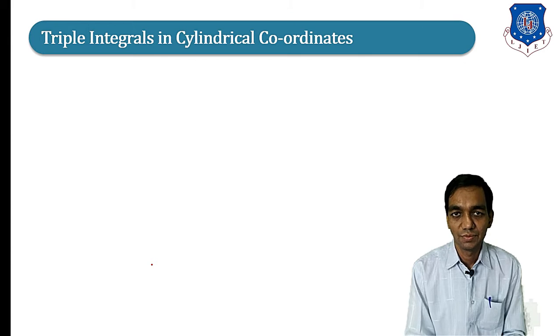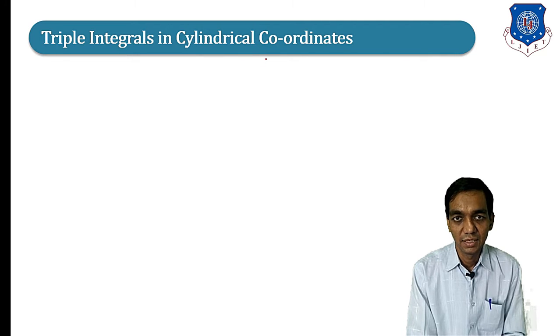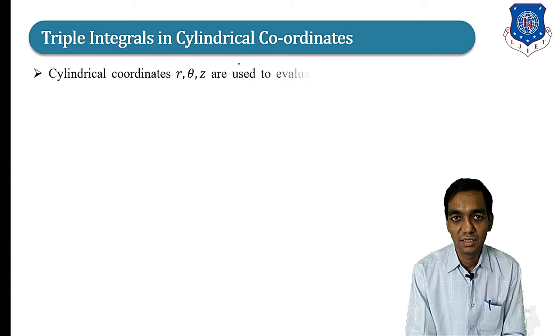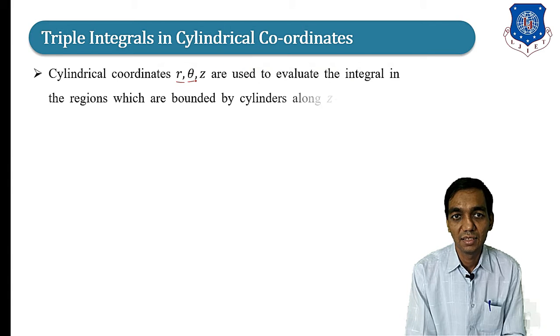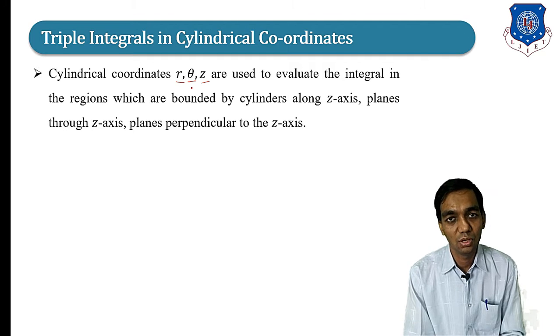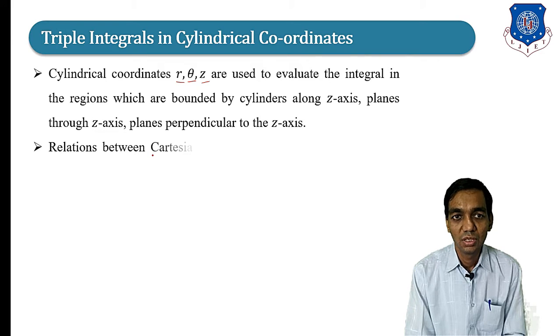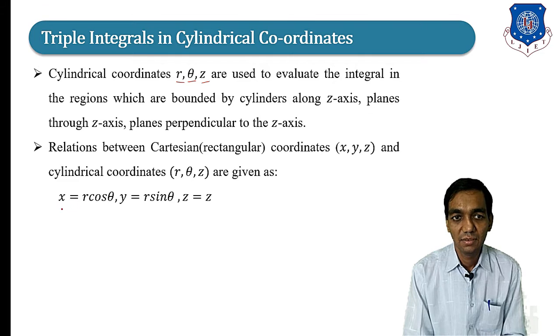Okay. Now, the second example we are going to take is triple integration in the cylindrical coordinate system. Now see, in the cylindrical coordinate system, we are going to use the coordinates r, theta and z. So in the cylindrical coordinate system, basically we are going to reduce xy into polar form and z remains z. So if you consider the cylindrical system, then you have to put x equal to r cos theta, y equal to r sin theta, and z remains z. There is no change in z.